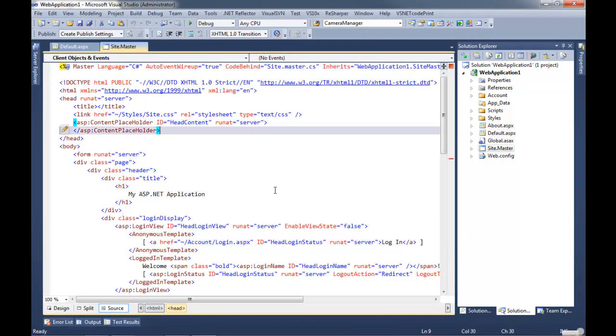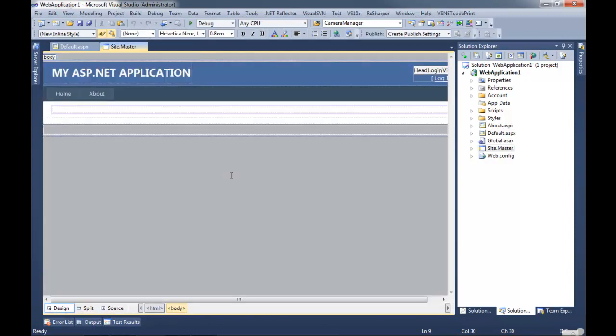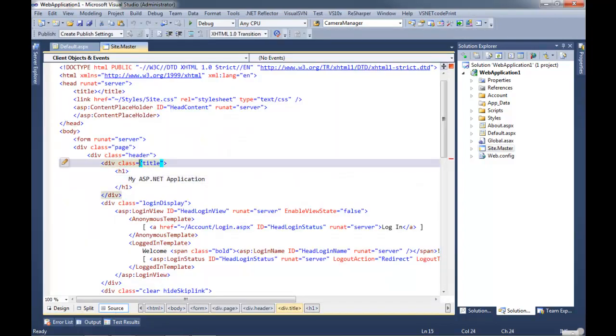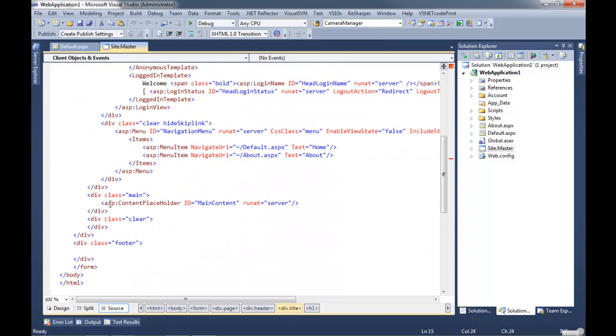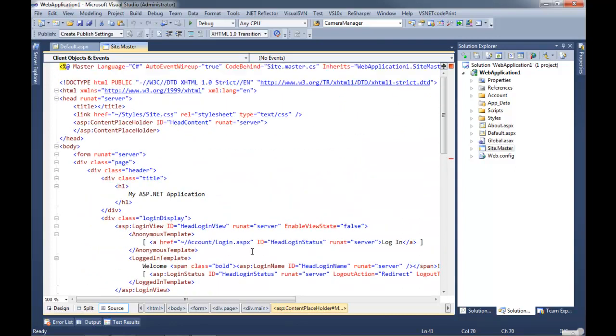Okay, so site.master. The master page just looks exactly like the ASPX files except it contains our master code. And what a master is, it's the framework. It's all the stuff around here. So now I can edit this stuff. This is what holds the framework of the site. And you'll notice that I have this ASP content placeholder. This means stick whatever the caller defined for main content right here. And then we have another one up here, head content. So whoever's calling me, stick whatever they define for head content up here.